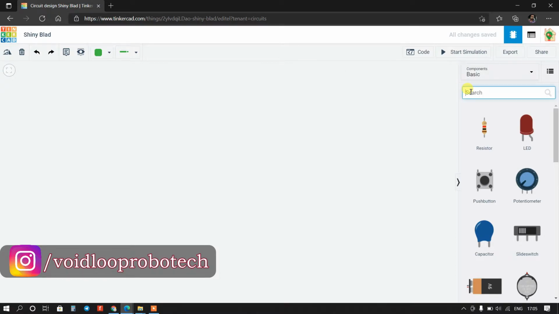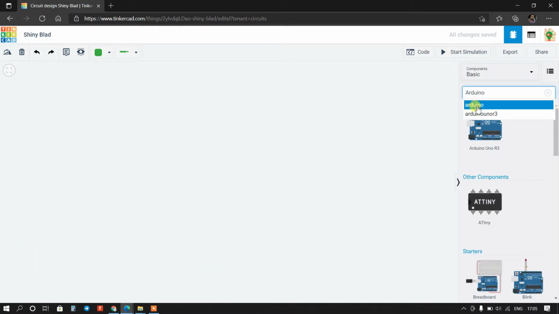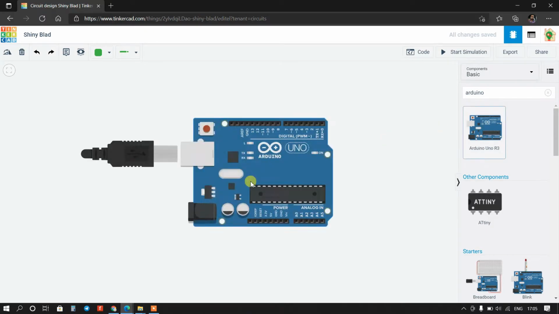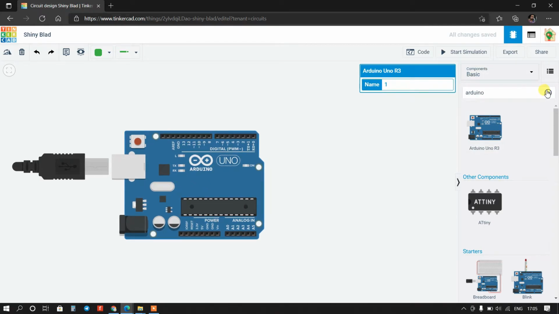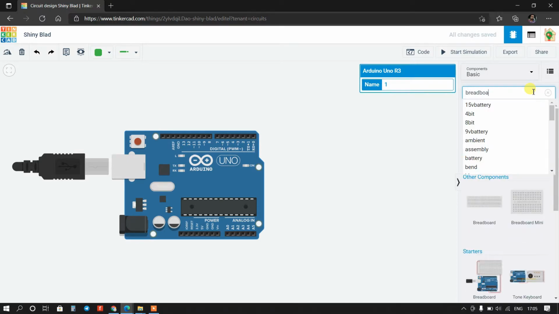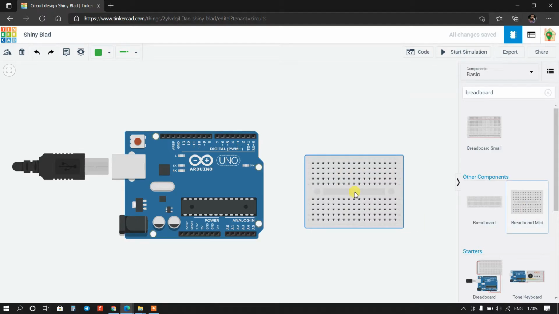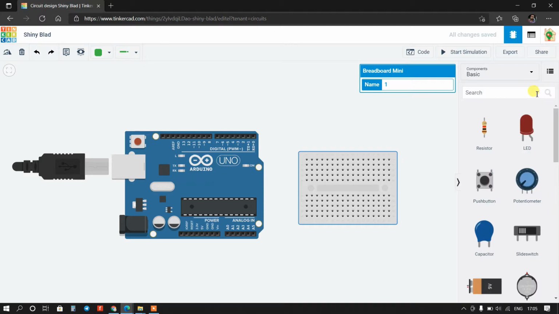and I will search here Arduino, pick this and drop here. Okay, and I will take here a breadboard, and I will take a small one, and I will take LED.